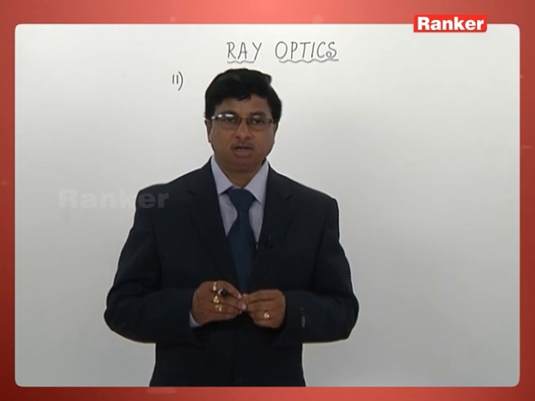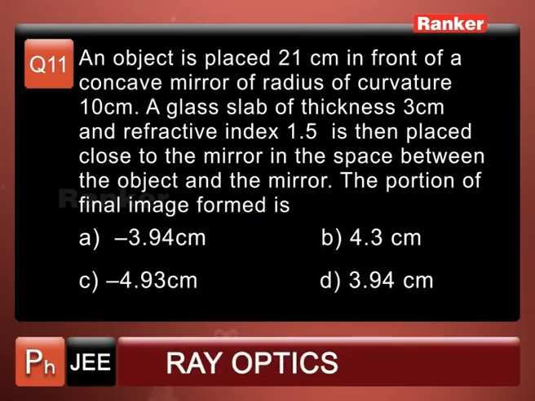That's what actually we want. 4 options are given again. Minus 3.94 centimeter the first option, plus 4.3 centimeter the second option, minus 4.93 the third option, and plus 3.94